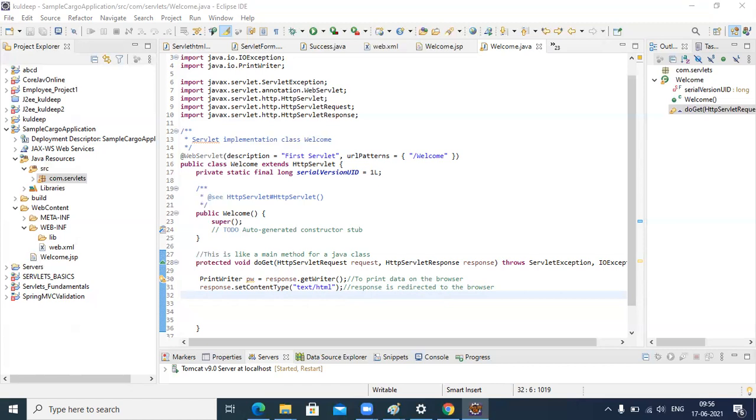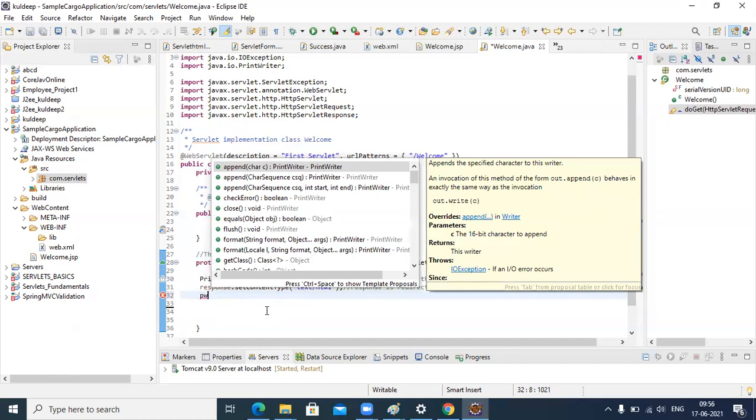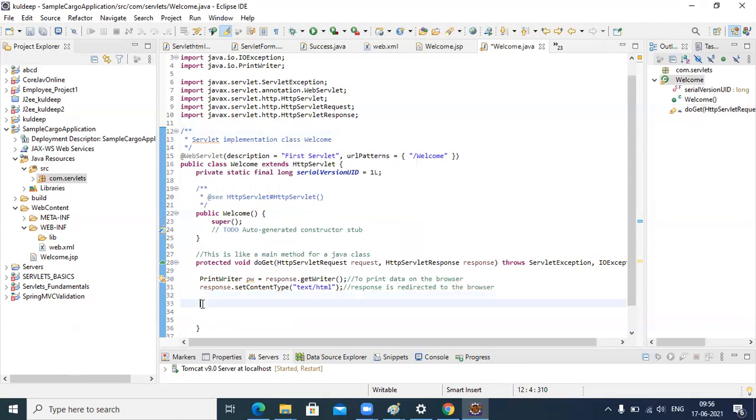Yes, please. Any doubts? All right. So let us print a sample HTML page. You can take an already existing one.